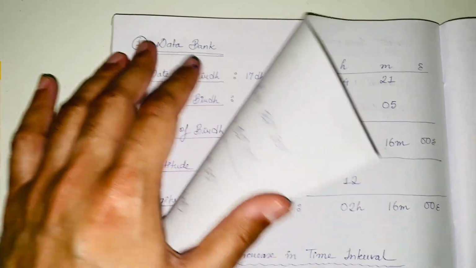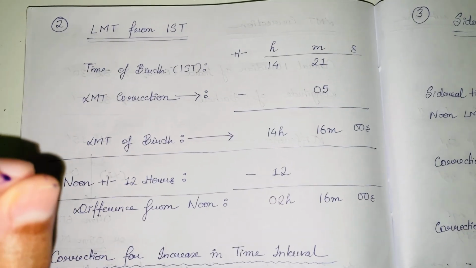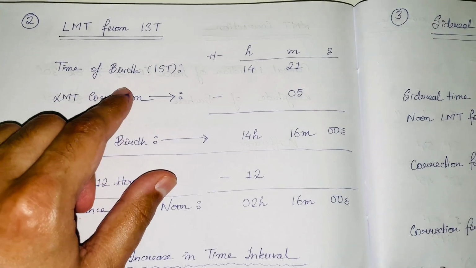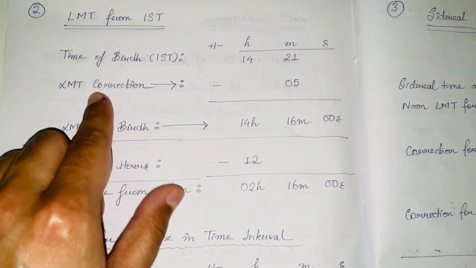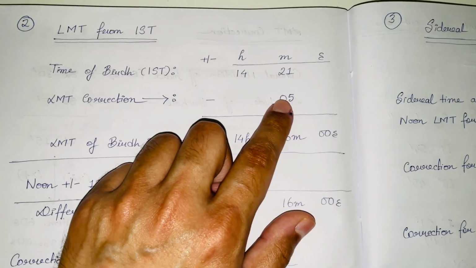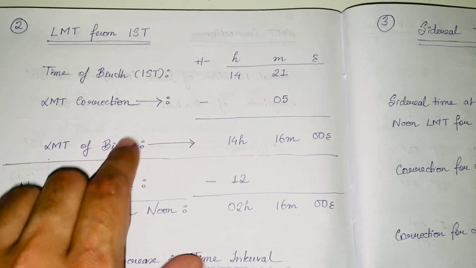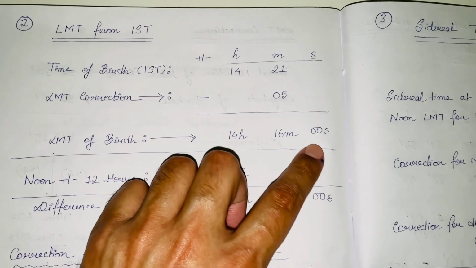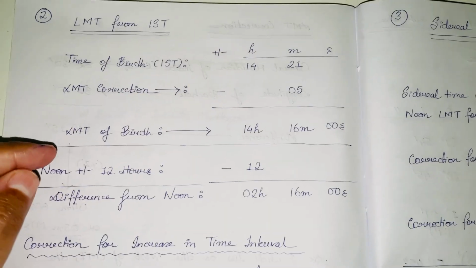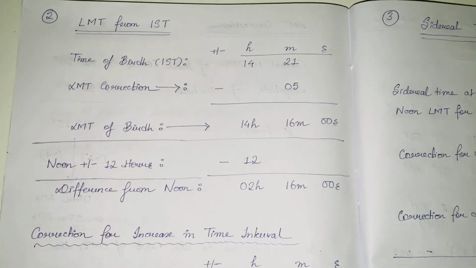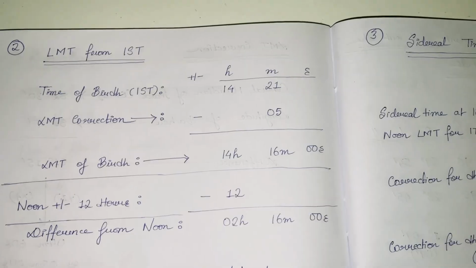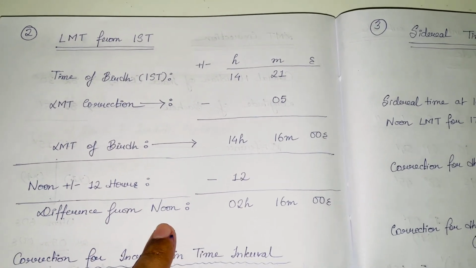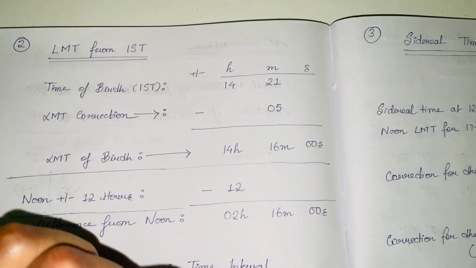The next step, in order to find out the ascendant rising, is finding out the value of LMT from IST. The time of birth is 14:21. Our LMT correction is minus 0.5 minute. So the LMT of birth will be this minus this, which will be 14 hour, 16 minute and 00 second. Now as this LMT of birth is greater than or equal to 12 noon, in order to find out the difference from noon, we are straight away subtracting 12